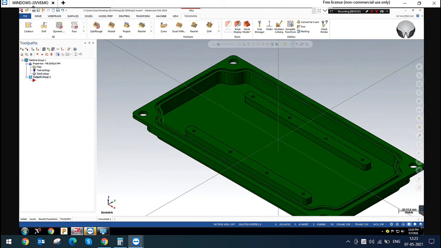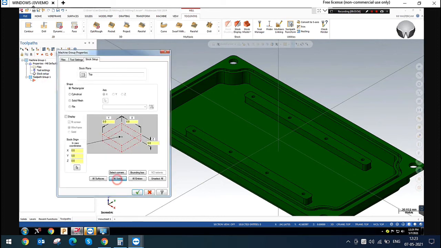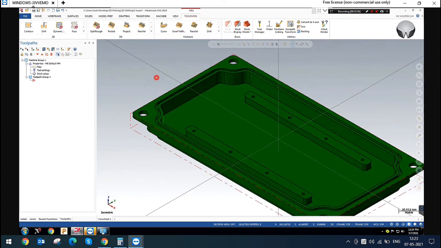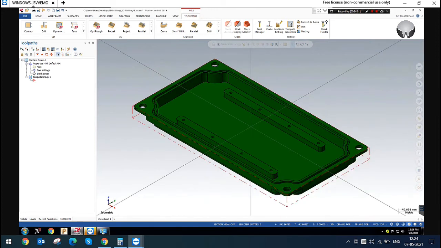I am just defining the stock setup. I'm defining all the solid. It will detect the dimensions from the solid. So next I'm going to do a pocket machining.